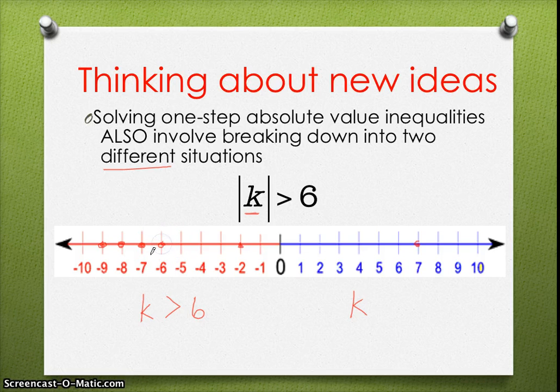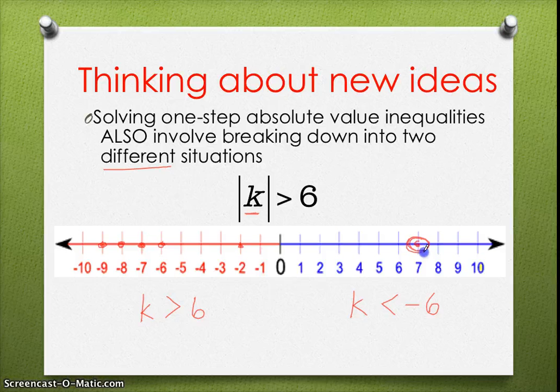No, it seems that negative 6 is only exactly 6 units away from 0, and 6 is definitely not greater than 6. It's actually equal to. So it seems that values for k that are less than, or smaller than, negative 6 seem to work for this equation. So I know that in order to graph this equation, I need to include all values,